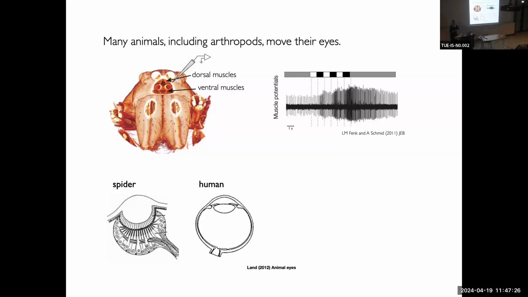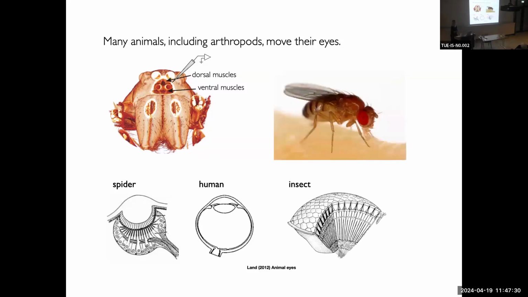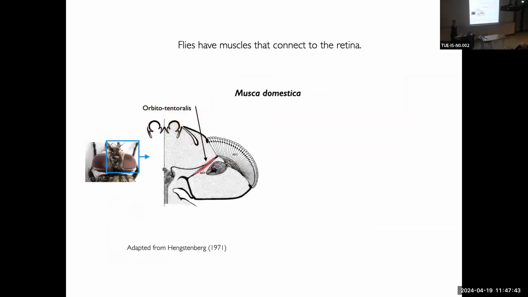So they have a cornea, a lens apparatus, and the retina behind. Insect eyes, on the other hand, have, as you all know, hundreds of individual ommatidia and lenses that are rigidly connected to the carapace. But the literature that I was just mentioning that